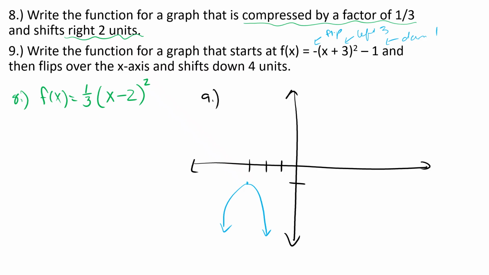And what we want to do from there is flip it over the x-axis and then send it down 4 units. So let's go ahead and do that. So if I flip it over the x-axis, it's going to land up here. We'll do this in green. Okay. And so it's going to look like that. I'm going to do this dashed. Okay, so we did a reflection over the x-axis, and then we're going to go from there down 4